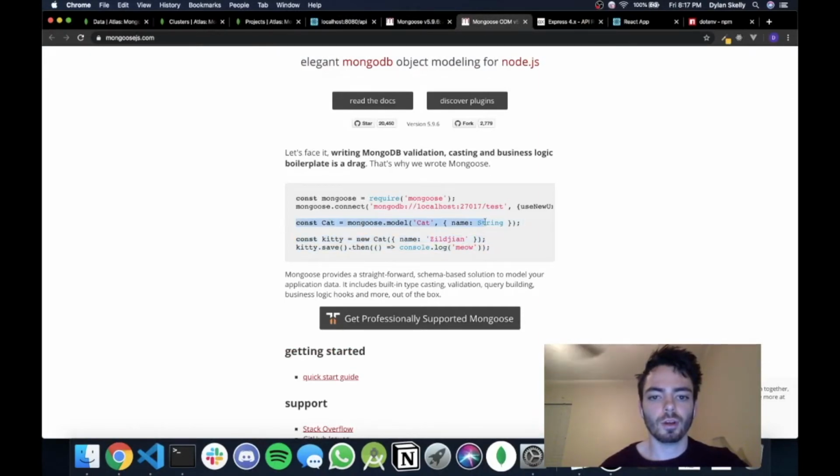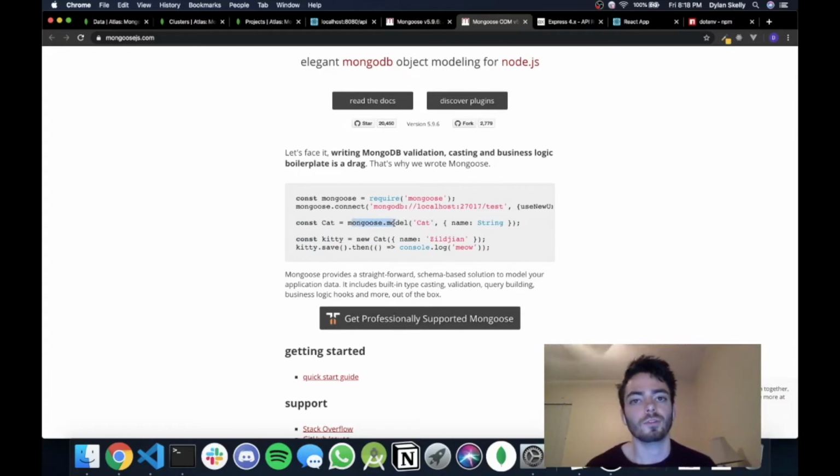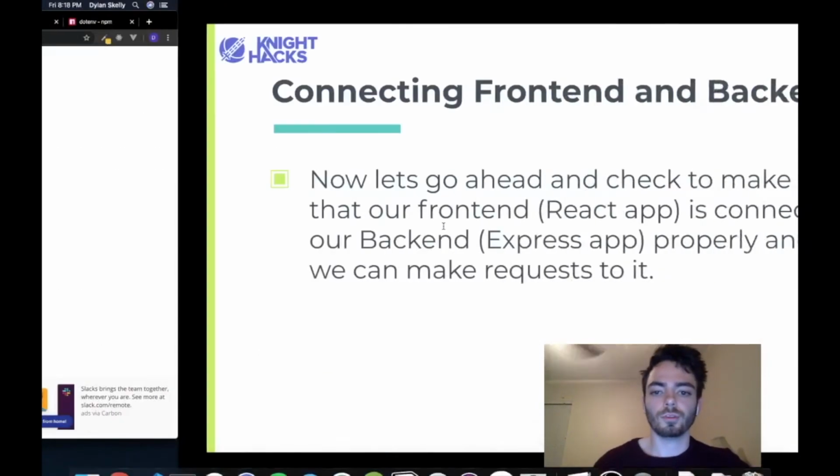This is mongoose.model, which pretty much lets you make a model, and it's important because it lets you make sure the stuff you put in the database is all similar, you know what I mean? You can even make some of these fields required, so it would have to have a name, so you can't put a cat into the database that doesn't have a name. But yeah, we'll just copy and paste this code,